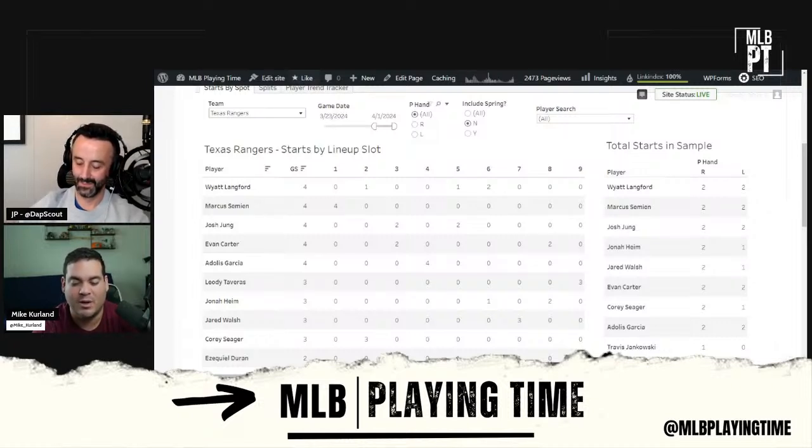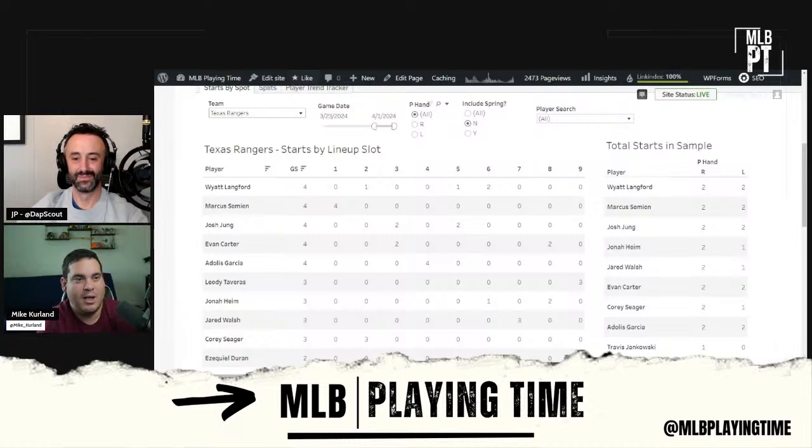Or sorry, I don't think he's going to be in a strict platoon. I think if he loses playing time, he'll get one or two days off here and there against lefties. He's not going to sit against every single lefty. But tougher lefties, I expect him to. But he bats 8th against them. He's started against both of them so far, and he bats 3rd against righties. And now with Josh Jung going down, that's just more wiggle room for him to have. Not that Young played the outfield, but they're going to want to keep their best bats in the lineup as often as possible to help make up for that offensive hit.